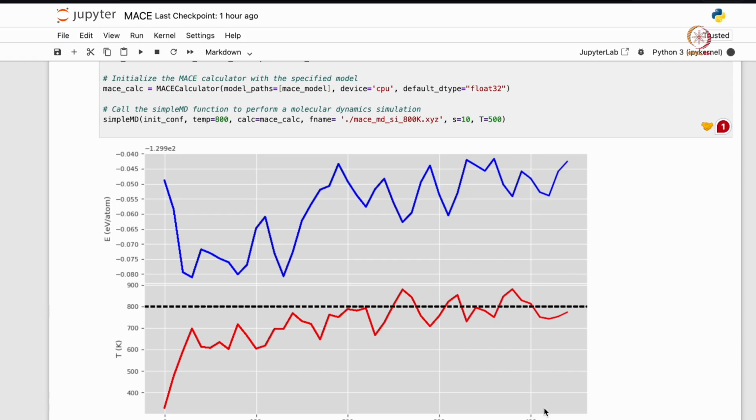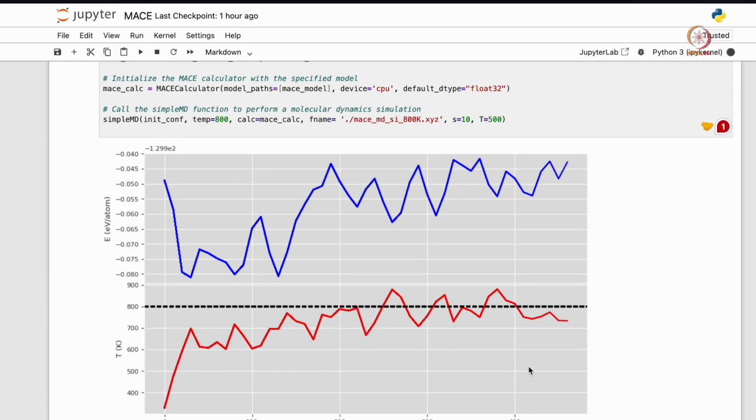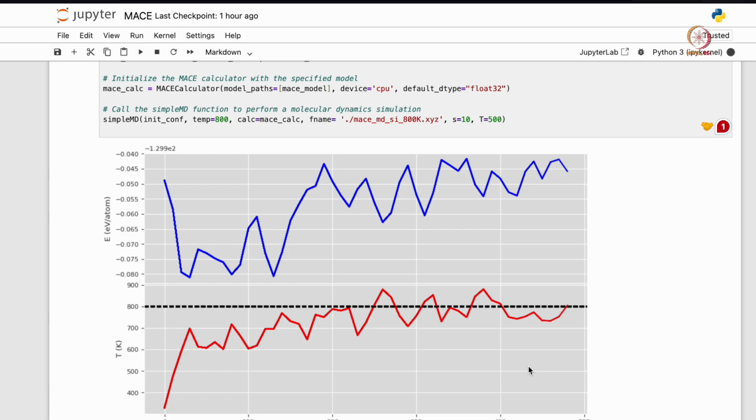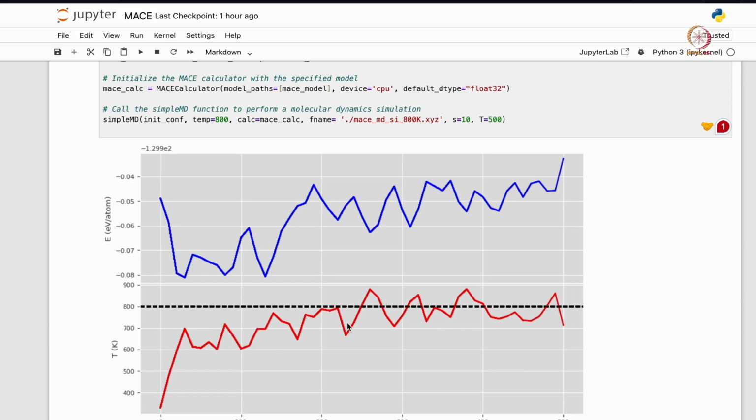It's still evolving. We are above 400, reaching 500. The fluctuations in temperature that you see arise from the fact that temperature is not directly calculated. It's actually taken from the kinetic energies. Kinetic energies have a whole distribution, and there is a friction term in the Langevin dynamics that dictates the damping, and there are also thermal fluctuations that denote the energy entering the system. So energy is not actually constant. As the temperature fluctuates, you can also see fluctuations in energy.